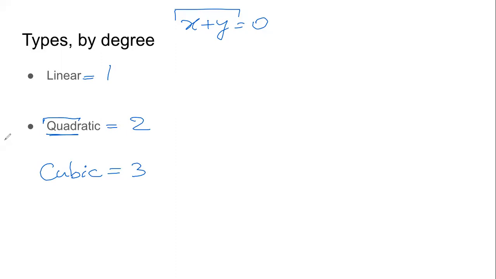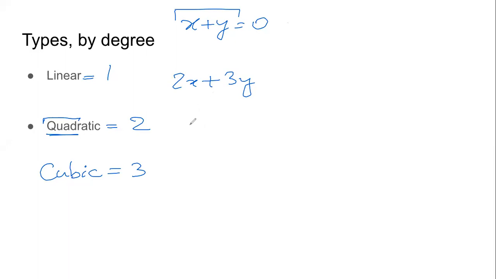So now what I'm going to do is write some polynomials on the screen. You tell me which one is quadratic or which one is linear. First one I'm writing is 2x plus 3y. Is it linear or quadratic? Very easy question. Nothing difficult today. It is linear. Correct. Because power of x is 1, power of y is also 1. So degree is 1. Because degree is 1, it is a linear polynomial.